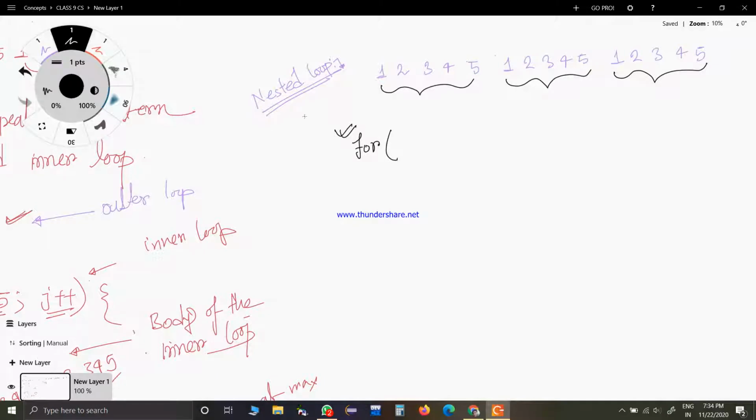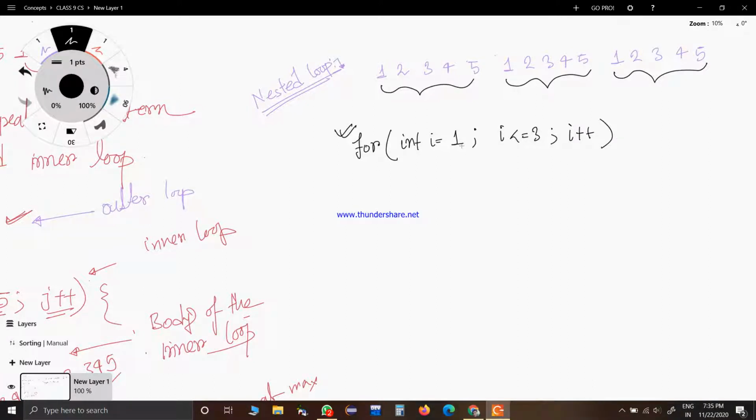So another important thing is that the outer loop will basically count the number of times the pattern is repeated. So here the pattern you can see is repeated 3 times. So this for loop will start from 1 and end at 3. So for that I have to write what? So int i = 1, comma not semicolon, i <= 3 and i++.